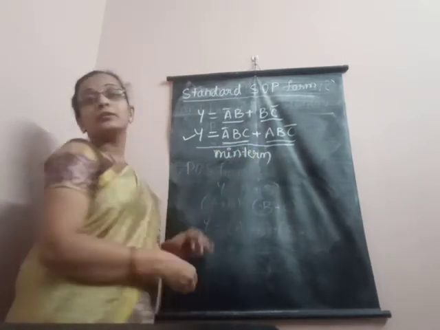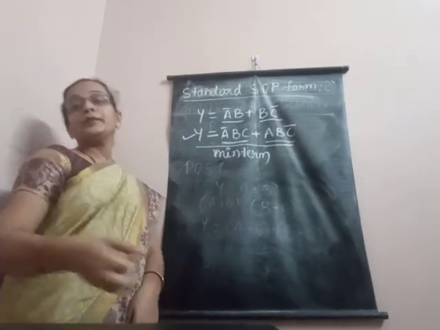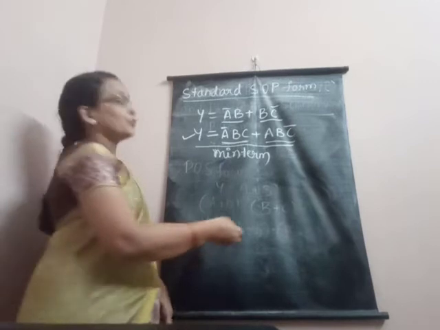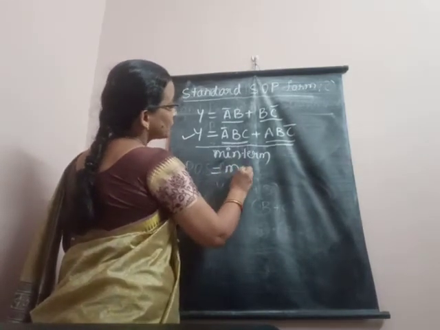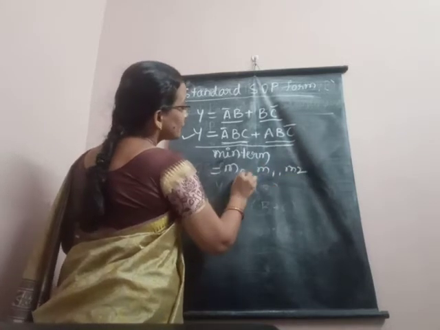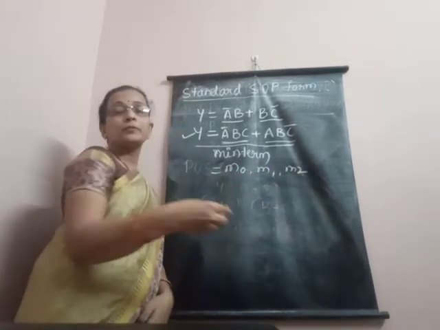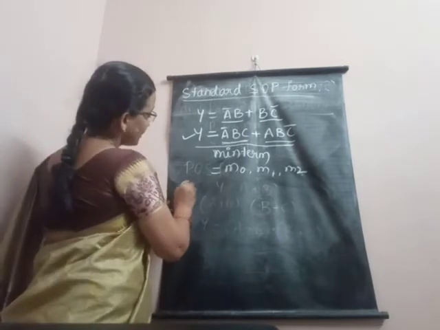Each term in sum of product form is known as a min term. We represent these using small m0, m1, m2, etc. How we denote them as 0, 1, 2, I will explain afterwards. Next, coming to standard